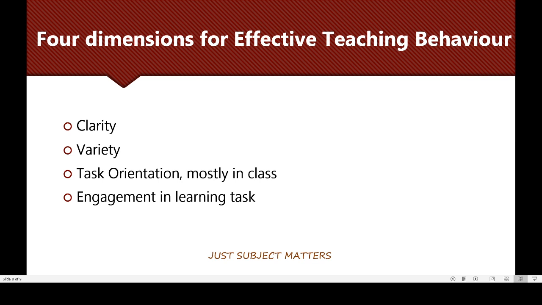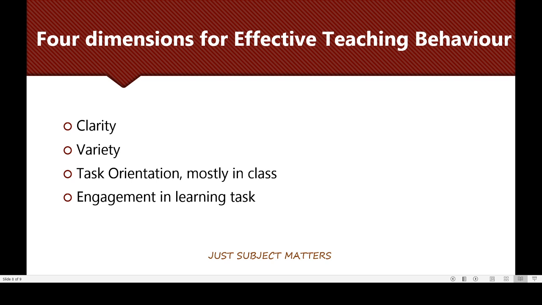The teaching behavior must have some newness, motivation, and sustained attention from the students. The teacher's bodily gestures, the teacher's movement in class, self activity of participation, and the audiovisual aids that are being used are all very important. The third point is task orientation, mostly in class. The approach towards a practical and better life has to be implemented through your lectures, so that they are goal oriented or action directed, where achievement or completion of the task is a must.